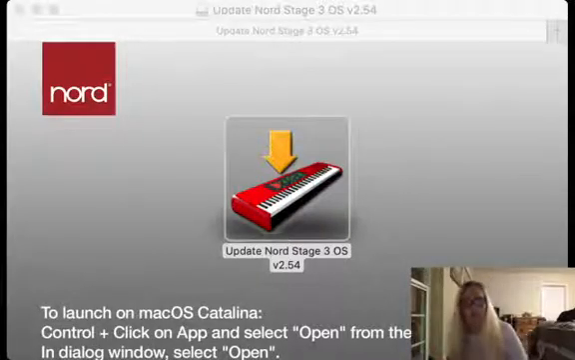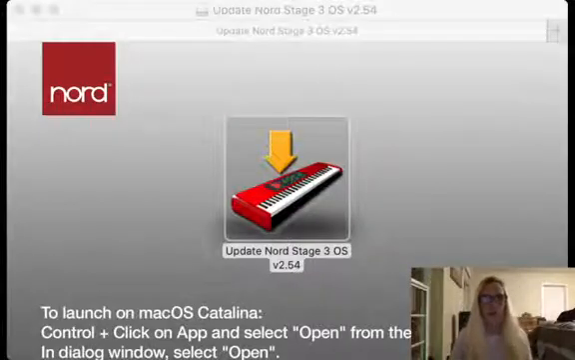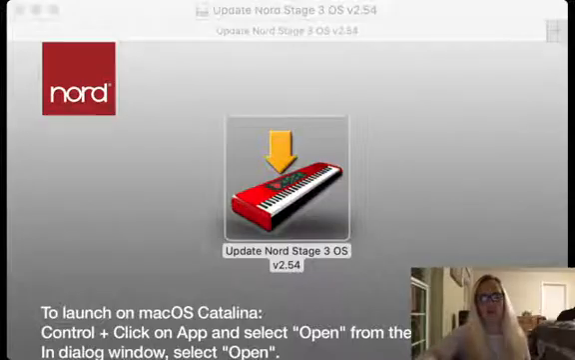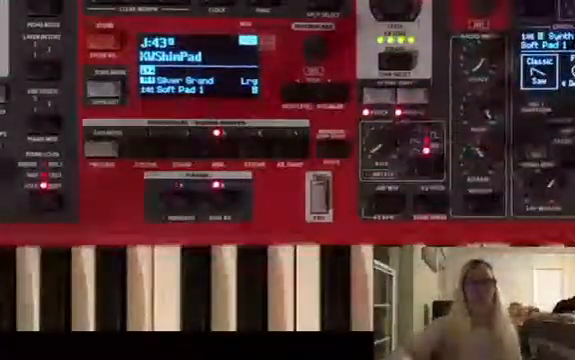But just connect your Nord to the computer, open this, and then it'll say it's all updated. And then if you want to check and make sure that you are actually running version 2.54 as it says, then you can go to your Nord